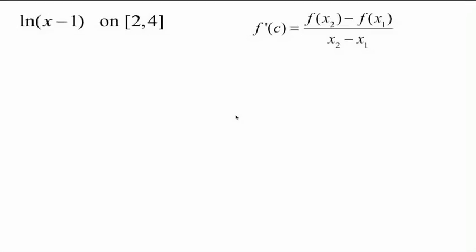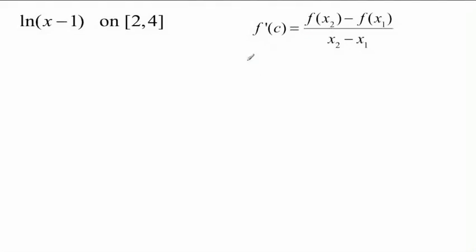With this one, it says A, state whether or not the function satisfies the hypothesis of the mean value theorem on the given interval, and then B, if it does, find the value of C on which AB satisfies the mean value theorem. So first of all, we need to know whether or not the mean value theorem works on this